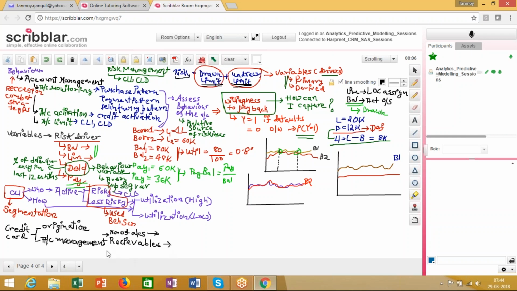The next part that I have over here is something else. The next part that we'll talk about here is the bad rate. So what exactly is the bad rate across the portfolio, right? So these are the three important metrics that we need to keep in mind for credit card as a product. So these are some very key portfolio metrics